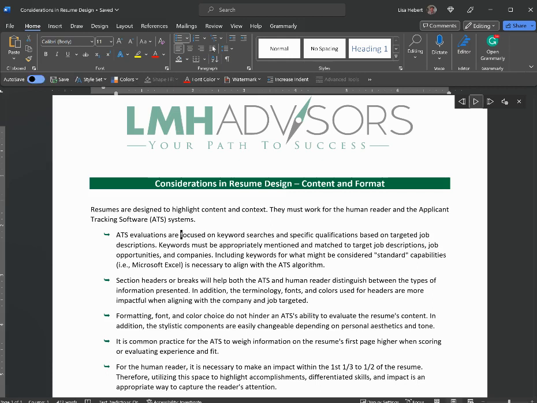ATS evaluations are focused. What's great about the read aloud is you can set it up to be a female